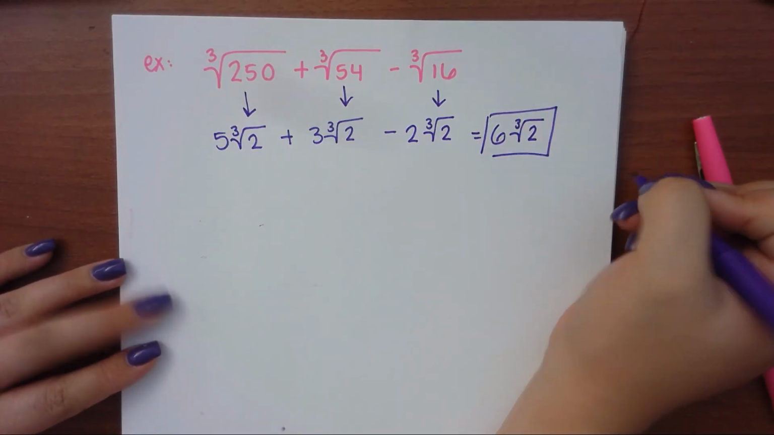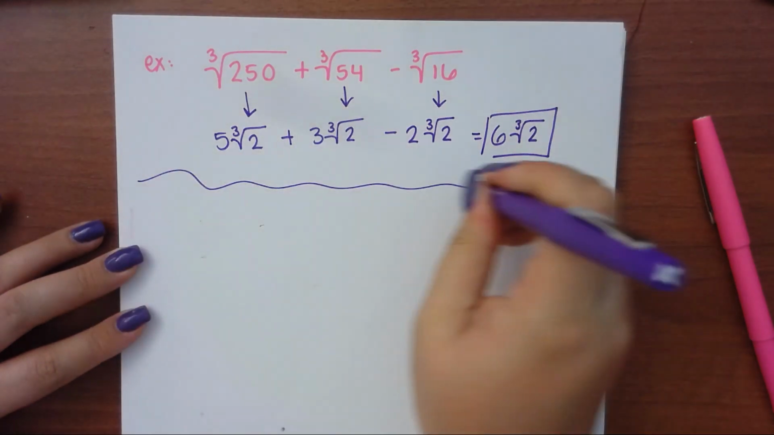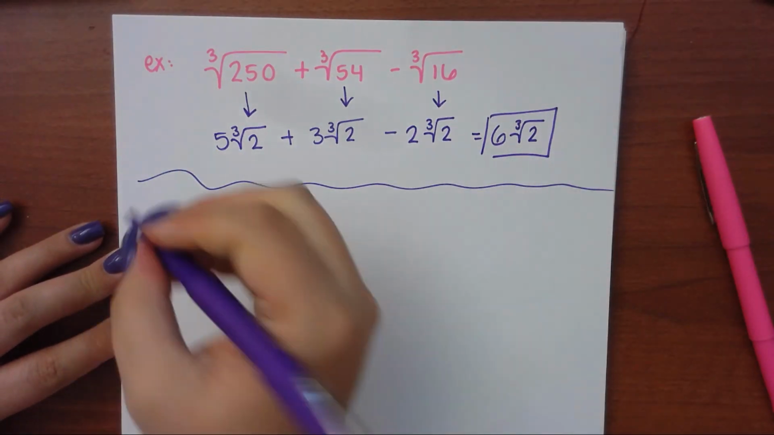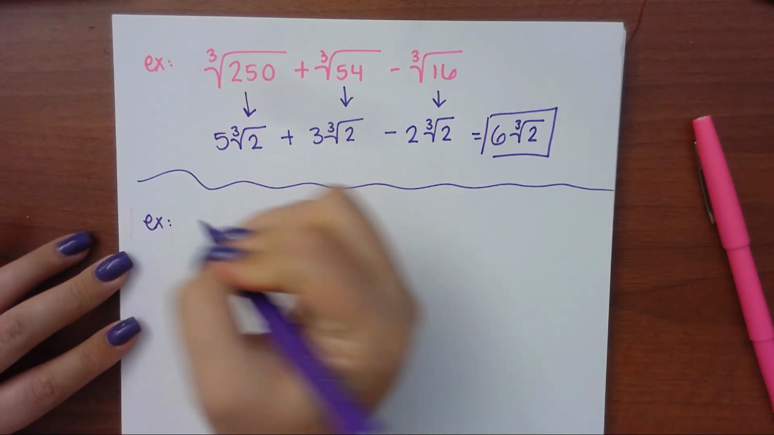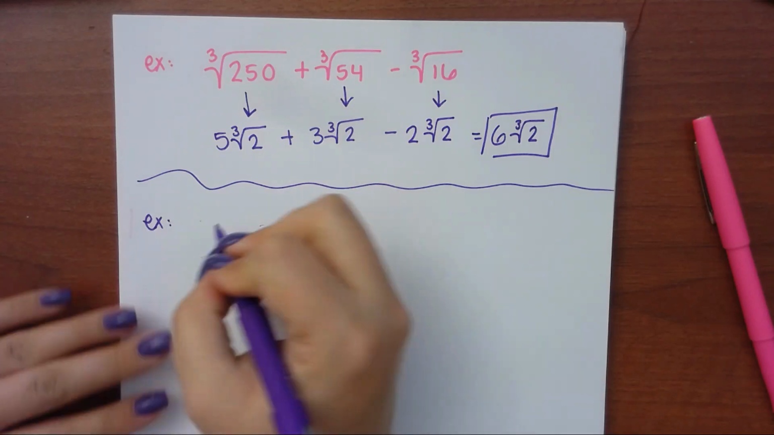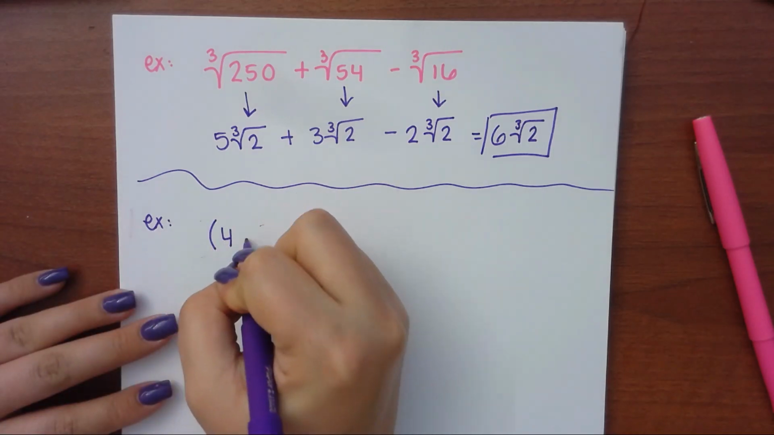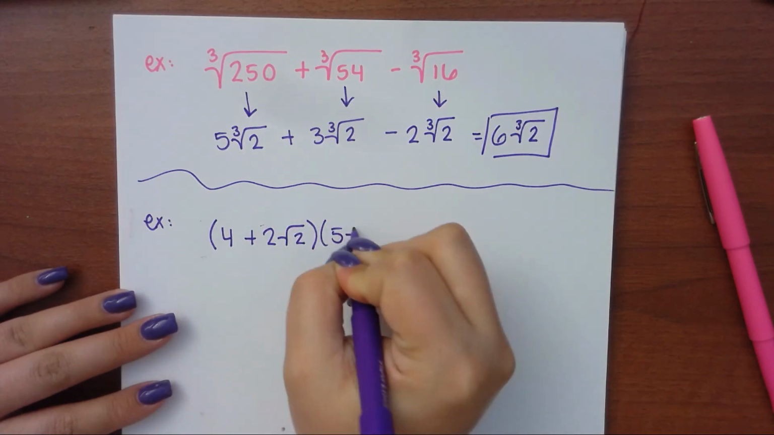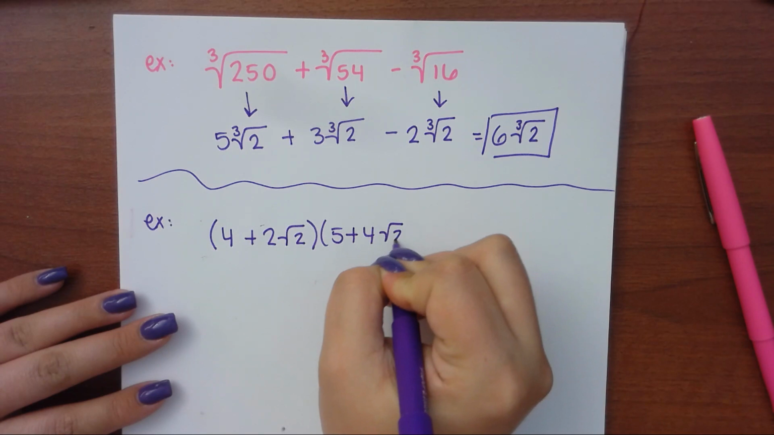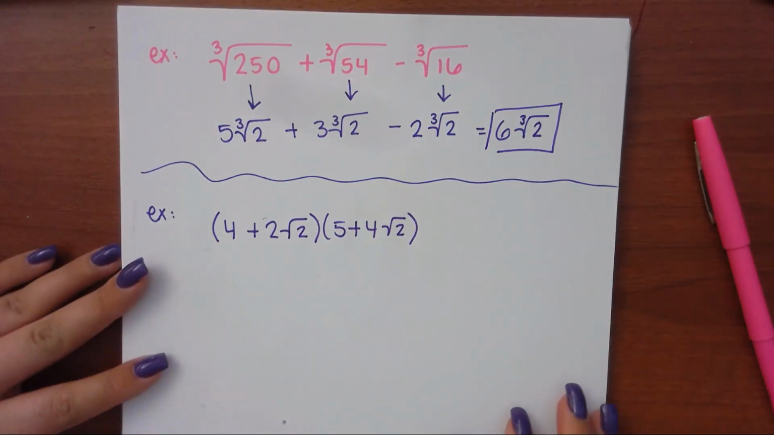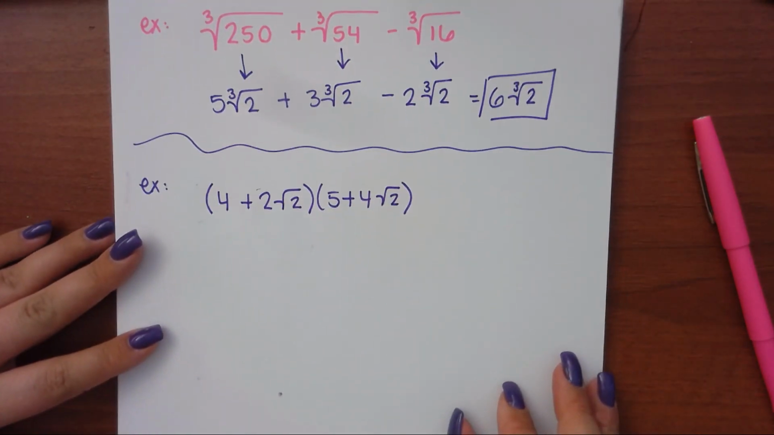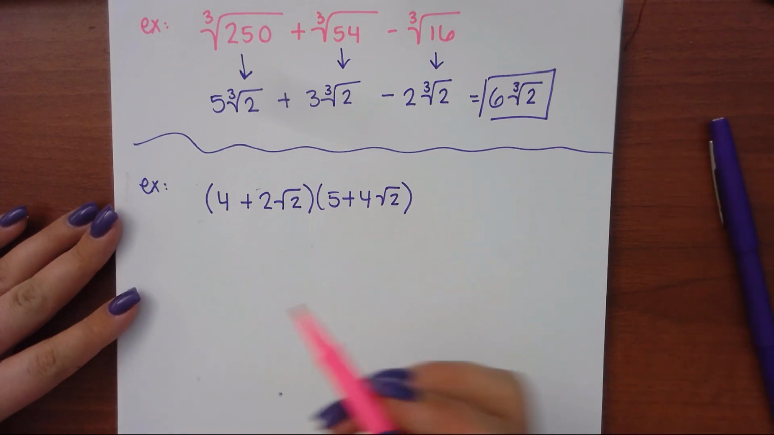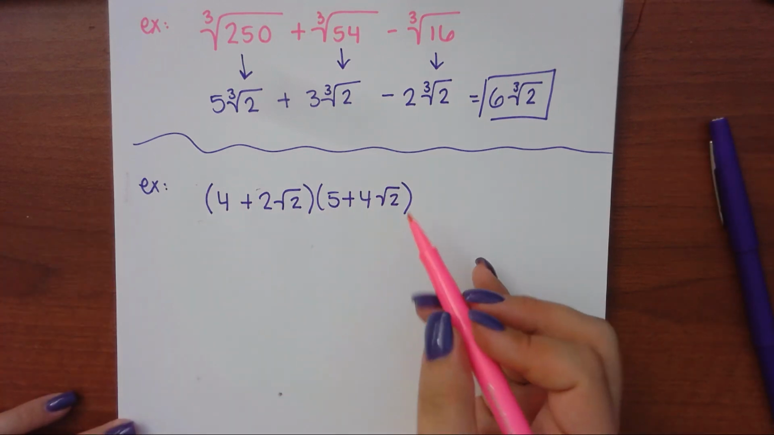Now, the only other thing that I wanted to talk about is more multiplying problems. So we're kind of adding and subtracting, but what happens if we have something like this? 4 plus 2 square root of 2 times 5 plus 4 square root of 2. Now, if I have two things multiplied together, this is going to be part of your classwork today. This is kind of like a little added bonus for you. We are going to multiply these